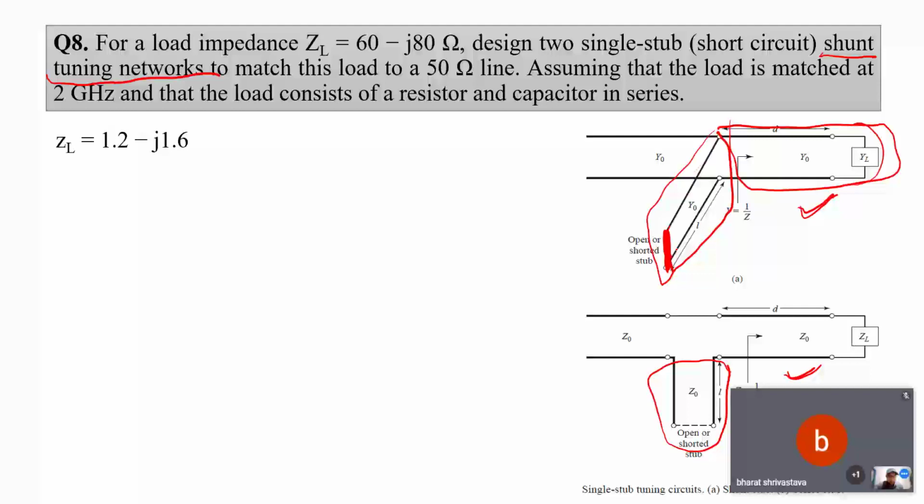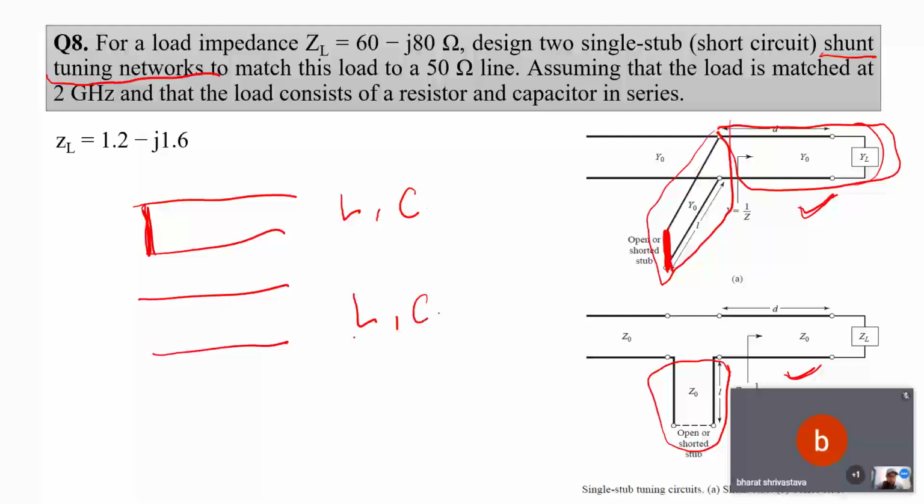So basically here, as we all know, a short circuited transmission line can be used for realizing any value of inductance as well as capacitance. Similarly, an open circuited transmission line can be used to realize any value of inductance and capacitance by perfectly selecting the length of this line. So basically we have to find out the value of this length so as to realize the corresponding inductance and capacitance.